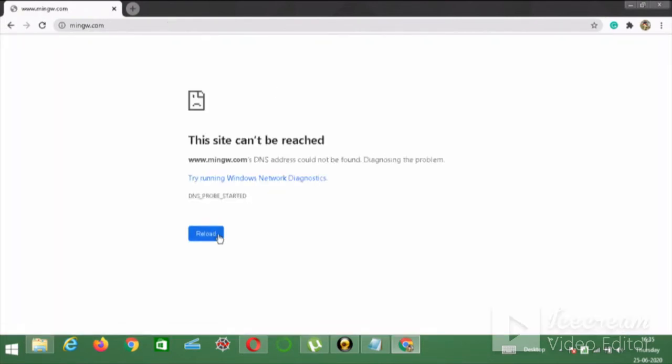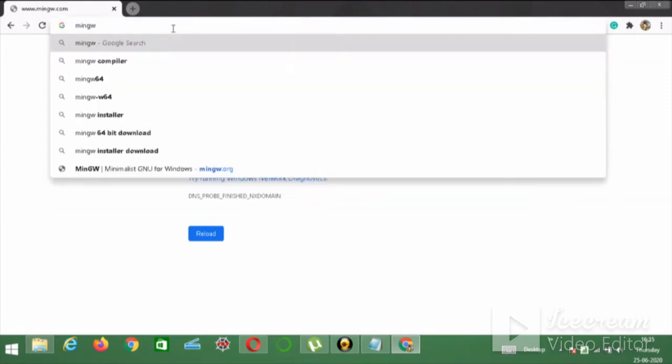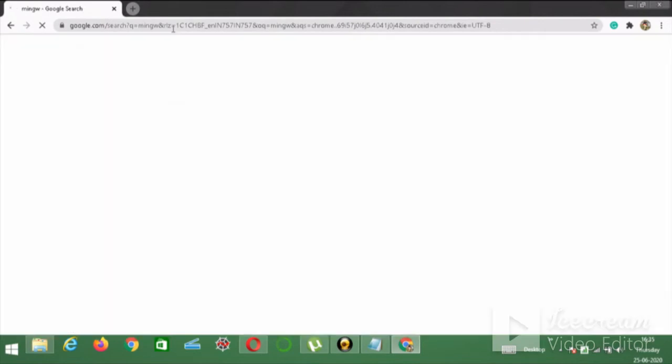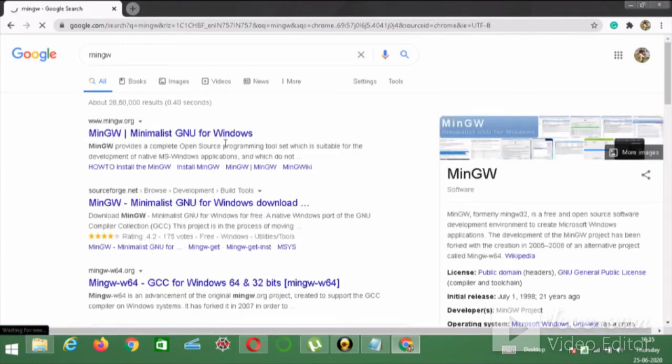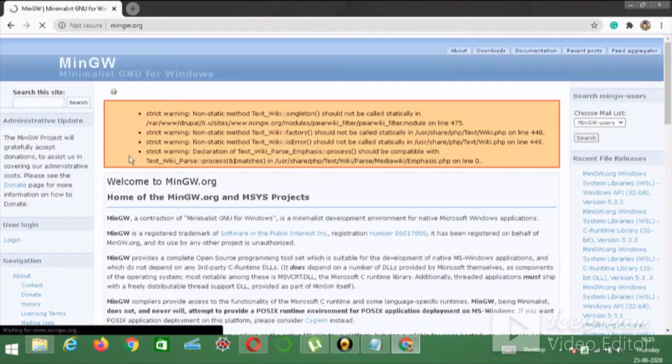It will show the site of MinGW, or you can just type MinGW. Okay, so this is mingw.org. Clicking this, we have come to the website.